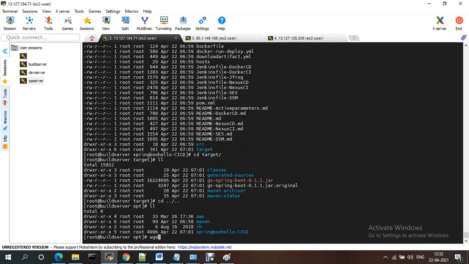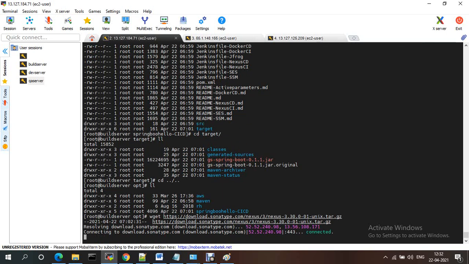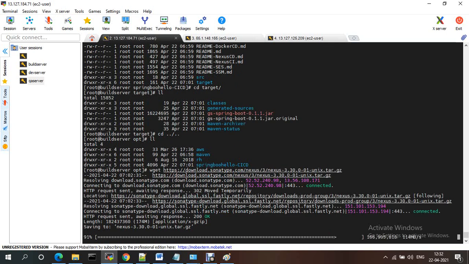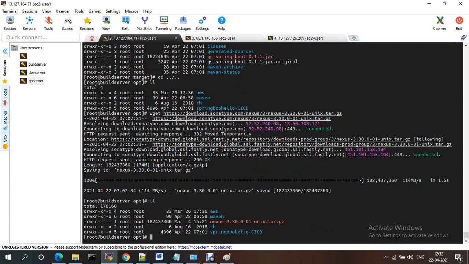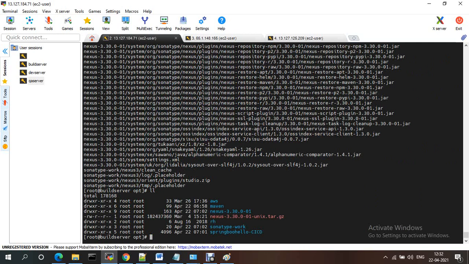So wget. Nexus port is 8081. Then tar xvf nexus. When you do untar, two files should be generated.